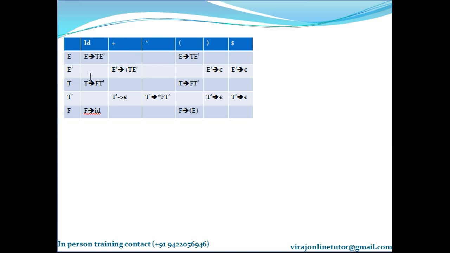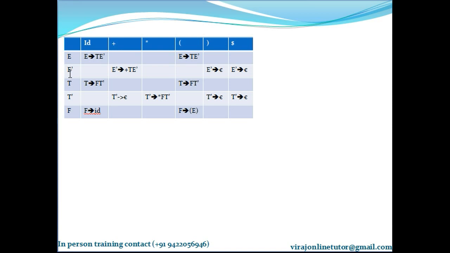Understanding? If the topmost element of the stack is a non-terminal, then it matches it with the ID. Suppose the topmost element is a non-terminal and the current input symbol is always a terminal, it comes to this table. So in the example, if the topmost non-terminal is E dash and the current input symbol is ID, just for example, then it will come to E dash comma ID, there is nothing here. That means it is an error. So the algorithm says when we refer to a table, it will either be a production or it will be empty, that means an error.